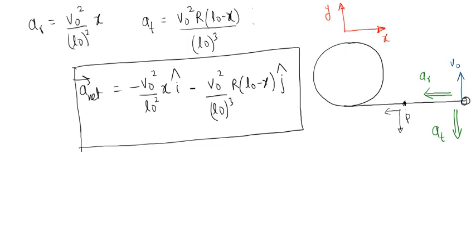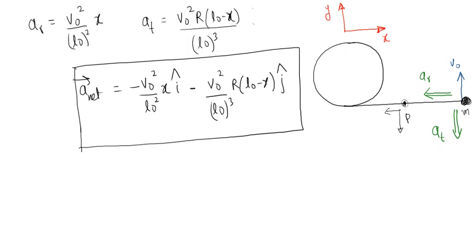This is true for this particle P, even though it is massless, but the same is not true for this particle, which means that the particle of mass m can have acceleration only in the radial direction and not in the tangential direction. Why? Because this particle has a certain mass. If there is some acceleration in the tangential direction, there has to be some force in the tangential direction. But as we can see, the only force that the particle is experiencing is the force of tension, and that will be in the radial direction only.